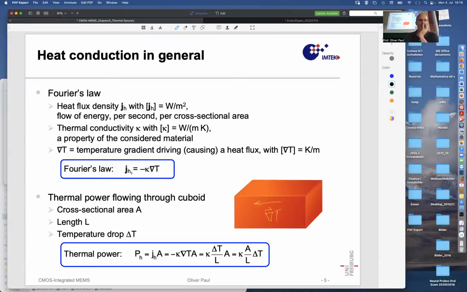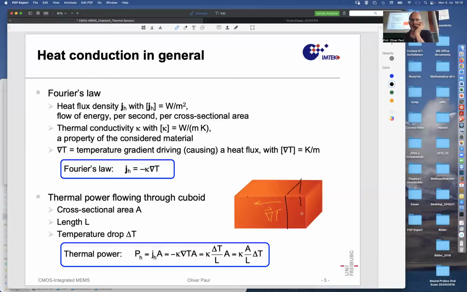J, H. Usually J was a flux, namely charge flux. In other sensors, now it has an index H, which means heat current density. This heat current density has the units of watt per square meter. So if I